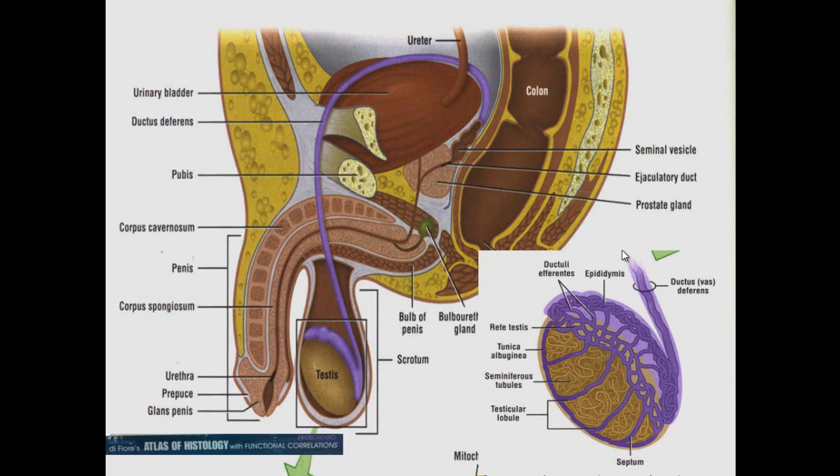Here we see the male reproductive system composed of the testis, the epididymis, and the ductus deferens. It comes back here, and you have seminal vesicles coming in here. There's a prostate, so you've got a prostatic gland, and then it goes to the urethra. Here's a bulbourethral gland right in through there that pushes the urine out before ejaculation occurs, and then the urethra